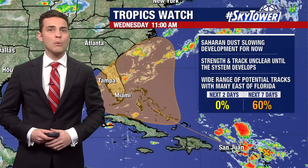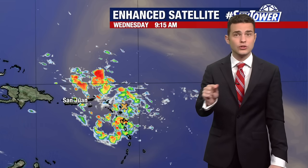This is unlikely to form over the next 2 days, and that's because right now it is still battling a little bit of Saharan dust as well as some shear, as it's not in exactly a favorable environment. Satellite imagery also shows that more showers and storms are starting to form as a little bit of that dust is starting to recede. But regardless, I'm not anticipating development until this moves farther to the north and west, and this still doesn't have a closed area of circulation,